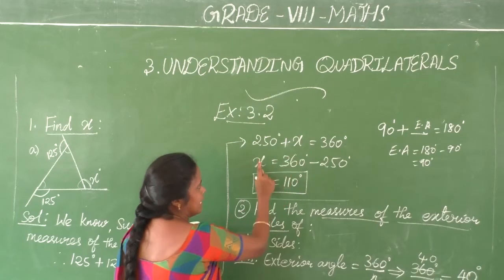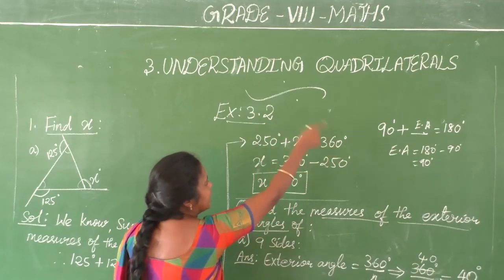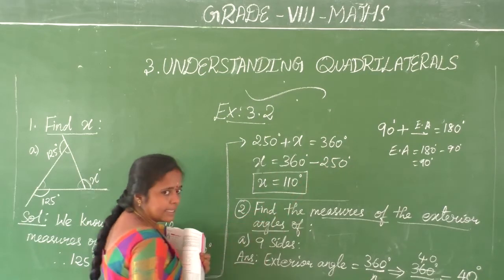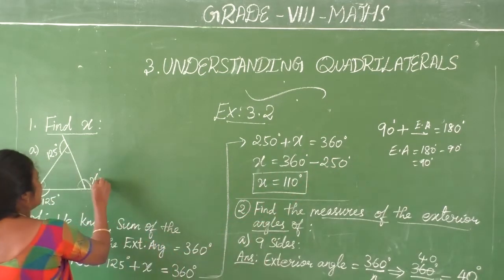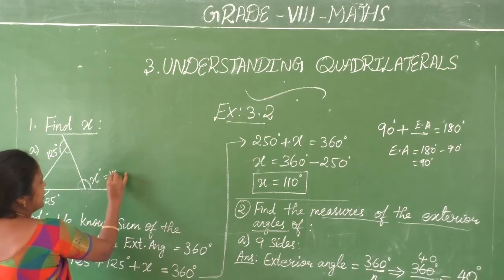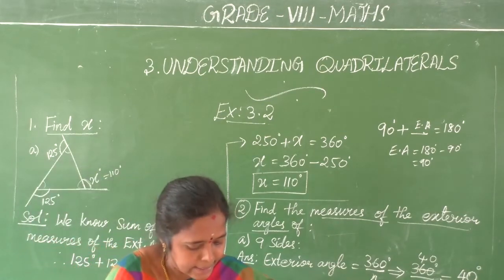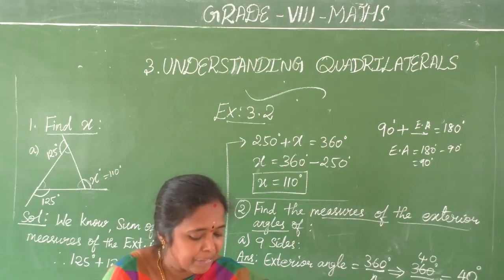Therefore, x means this has to be taken in the opposite direction. So 360 degree minus 250 is equal to 110. So the missing exterior angle of this triangle is 110 degree. Clear? Okay. See, next the second section in this exercise 3.2, you are going to find the measure of each